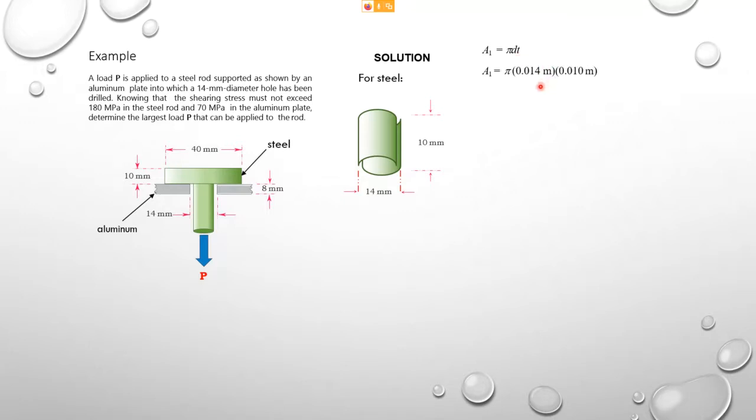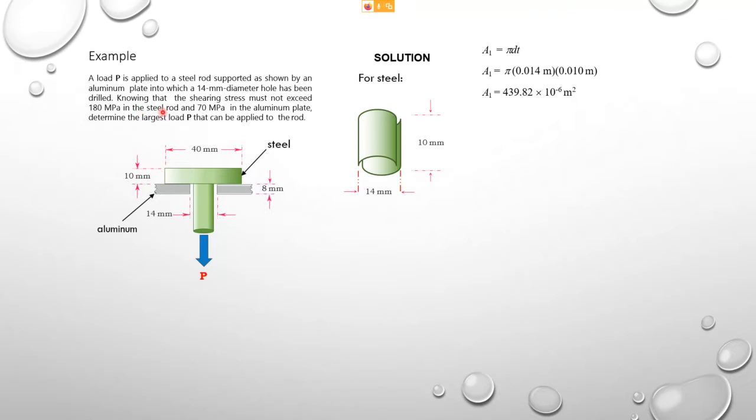So by putting in, because this is a circular part, this is the diameter multiplied by the thickness. This is pi d, that is the circumferential length, multiplied by the thickness will give you the area. Okay, will give you this area. So once you know this and you have the shearing